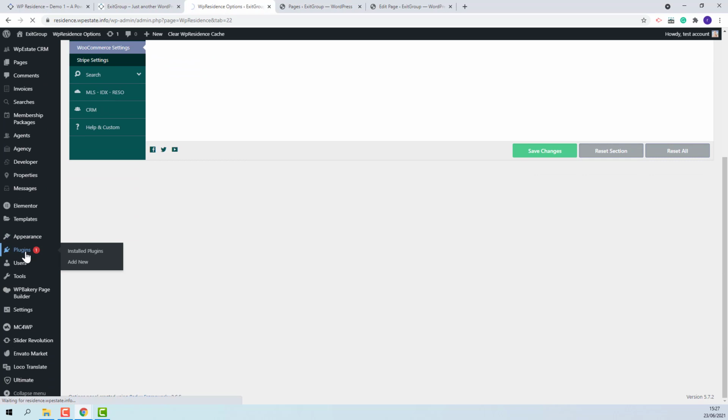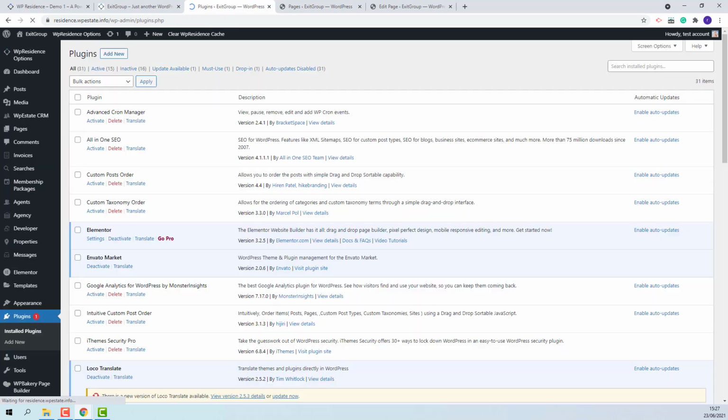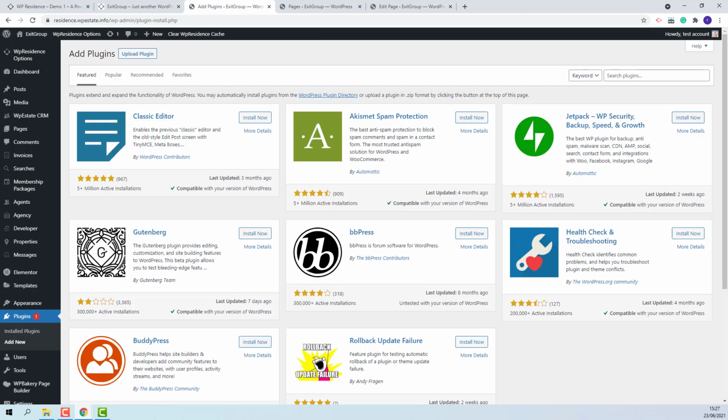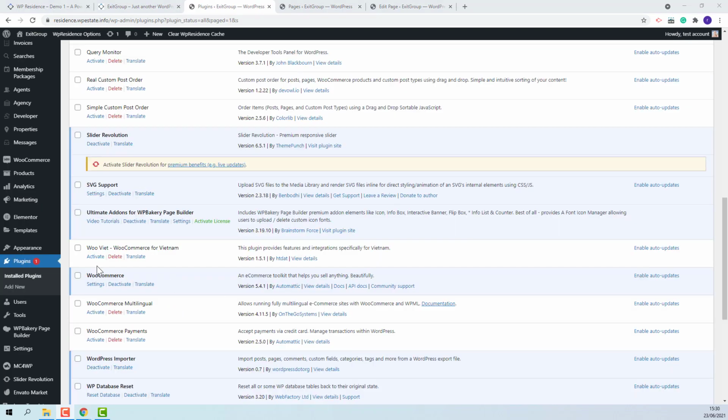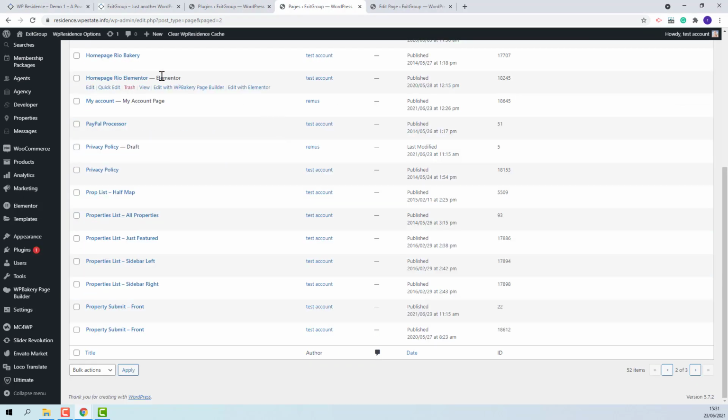First, I will install the plugin. Add new. Installed, I just need to activate it. The plugin is now active. For this plugin to work correctly, there are pages that come with the plugin and you need to keep them in your site. The pages are My Account,